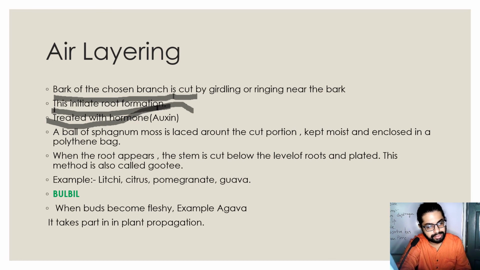To keep this moist, a ball of sphagnum moss is placed or tied around the cut portion to keep it moist and is placed in a polythene bag. When the root appears from this bark,